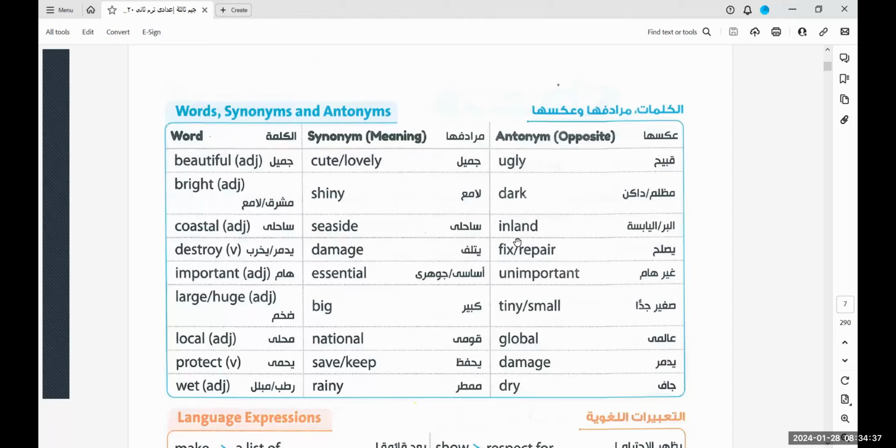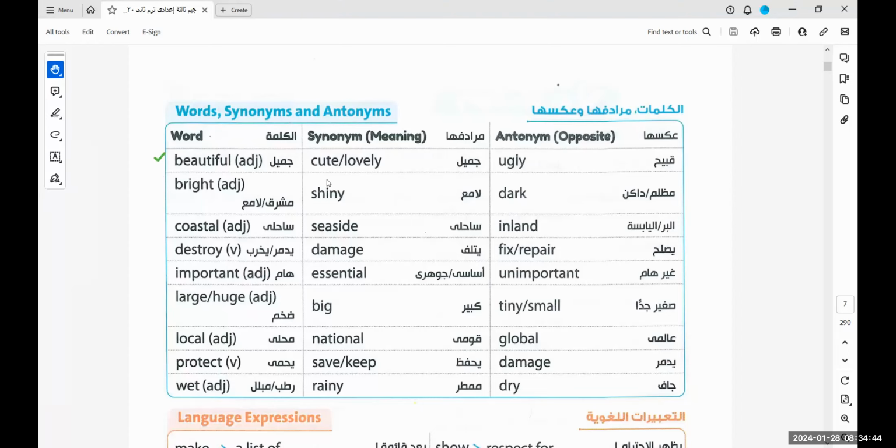طيب نبدأ كده بالword. عندي أول word معانا اللي هي beautiful. Okay. Beautiful, it means cute أو lovely. طب what's the antonym؟ طبعا antonym قلنا اللي هو opposite. It means ugly. طيب bright، it means the synonym of bright is shiny and the antonym dark. طيب coastal it means seaside. Seaside يعني بجانب شاطئ. Coastal ساحلي. And the antonym